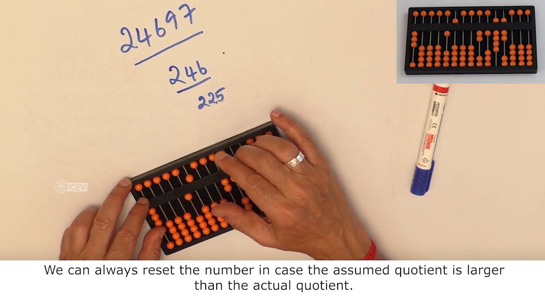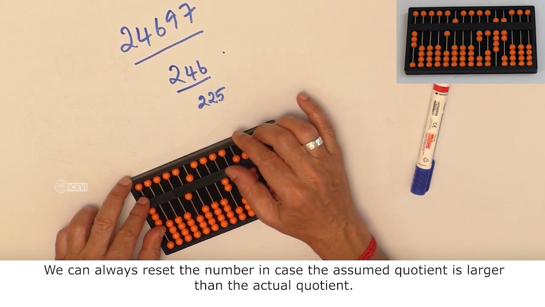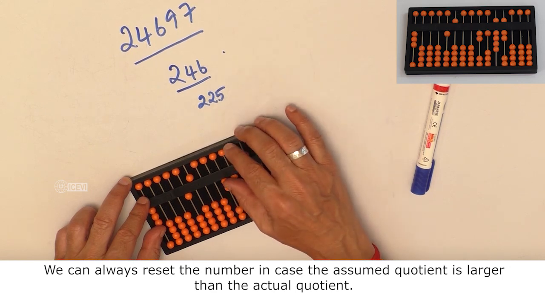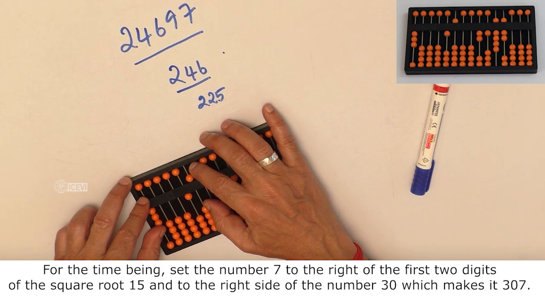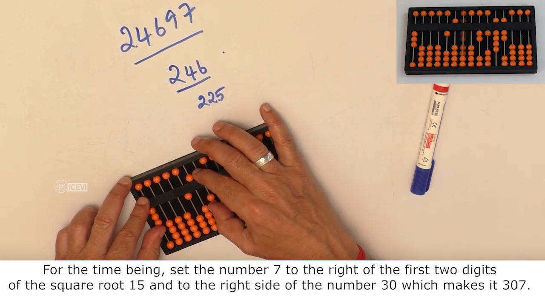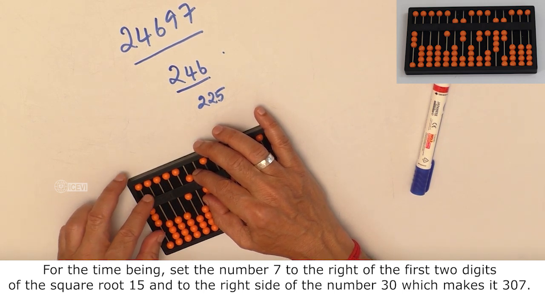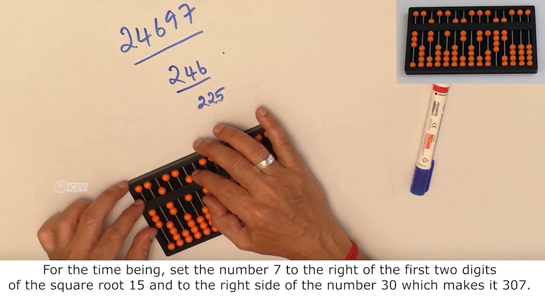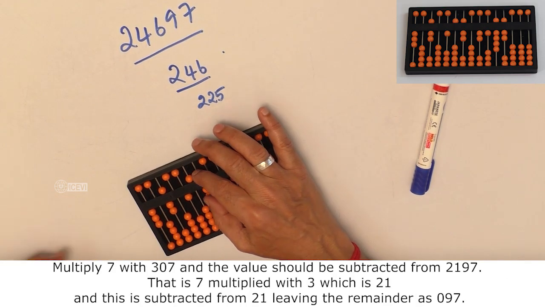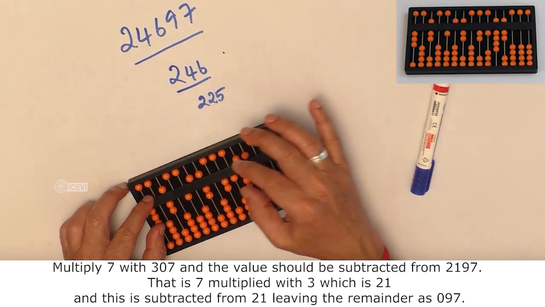We can always reset the number in case the assumed quotient is larger than the actual quotient. For the time being, set the number 7 to the right of the first 2 digits of the square root 15 and to the right side of number 30, which makes it 307. Now multiply 7 with 307 and the value should be subtracted from